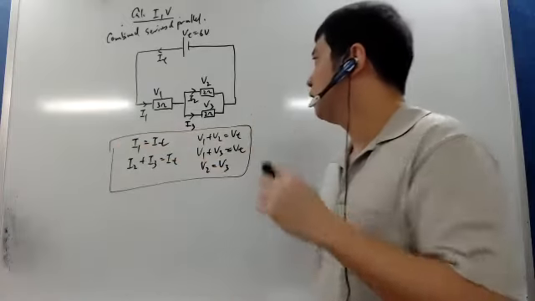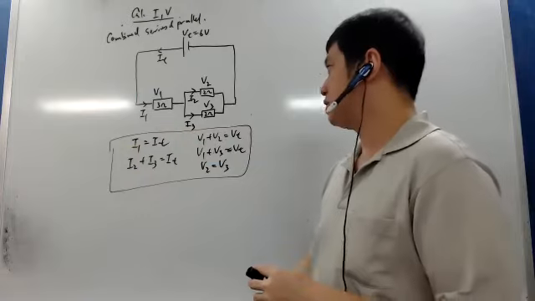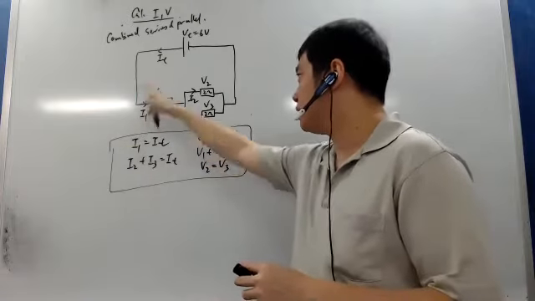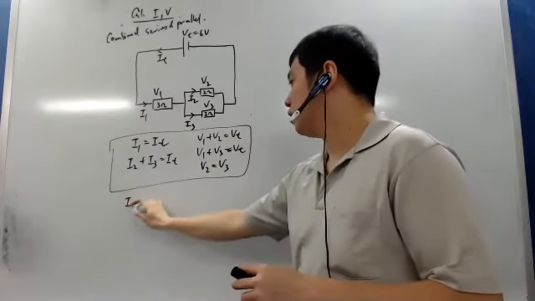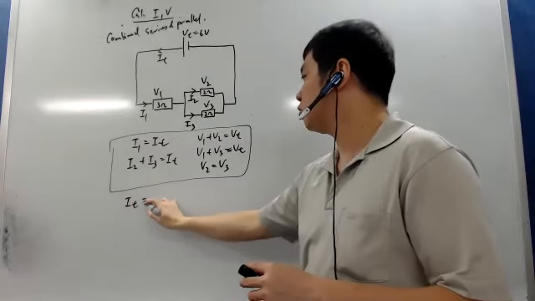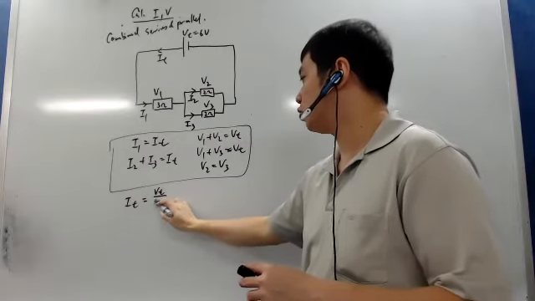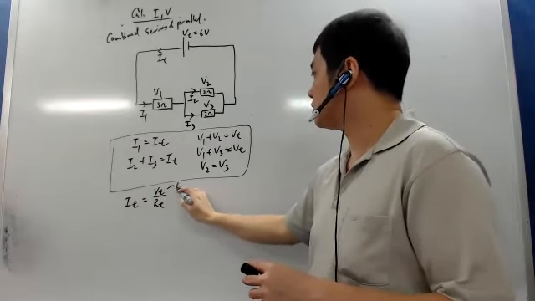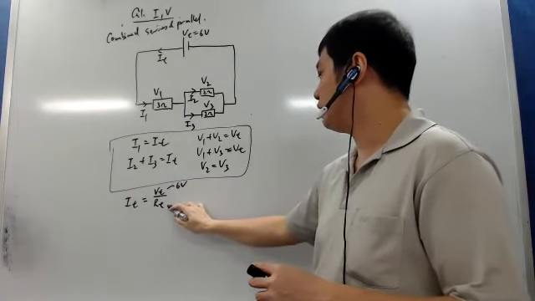So first, you need to calculate, usually, I total. If they ask I1, it's the same as I total. So I total is equal to what? V total over R total. V total is what? 6 volt. R total, how to find? Remember in